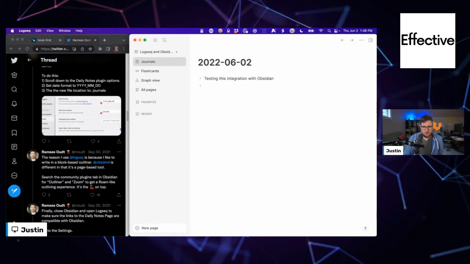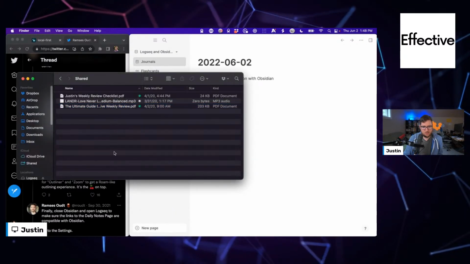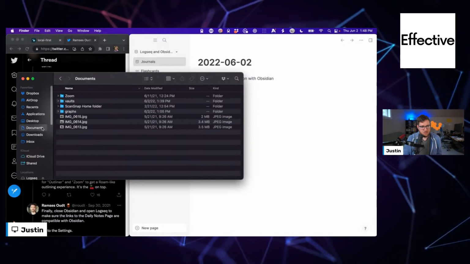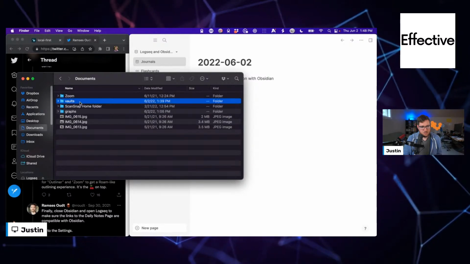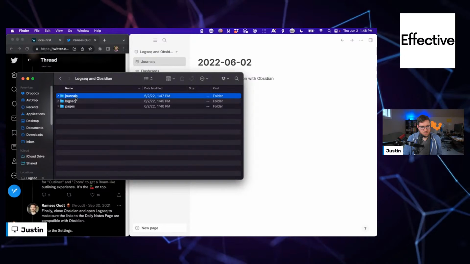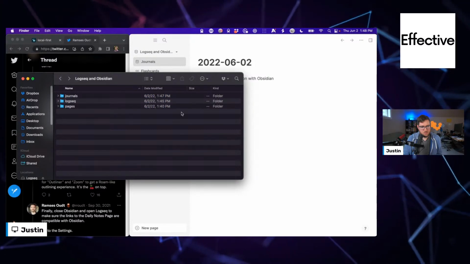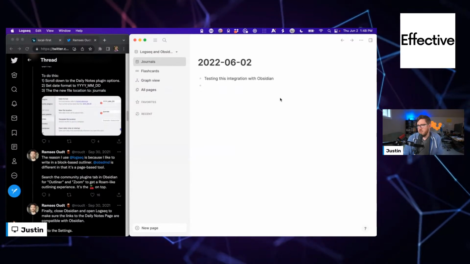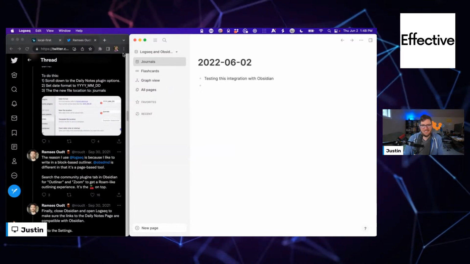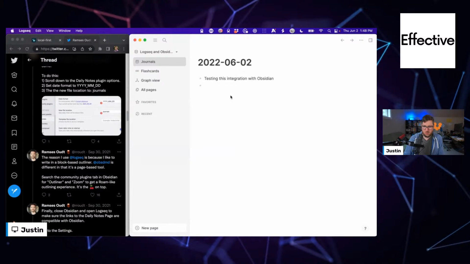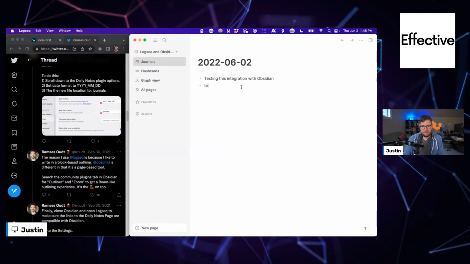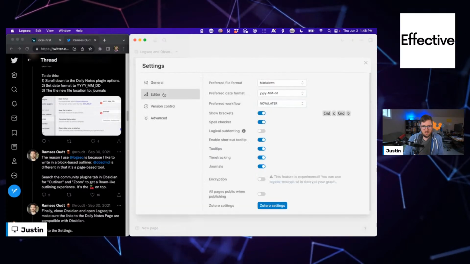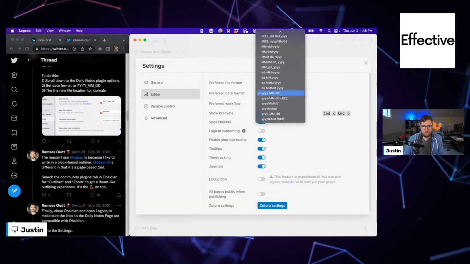That's a bit of a bummer that that's that way, but I get it. You want file consistency when you're dealing with Logseq Obsidian journals. Yeah, I just think the underscores look clunky to me, but so be it. Not a huge problem.